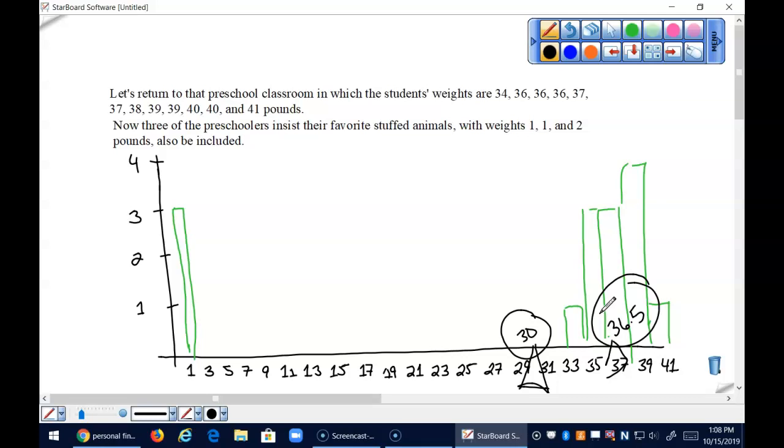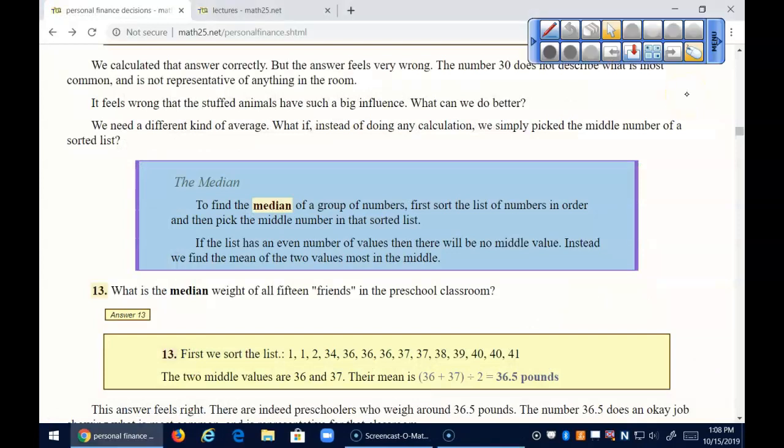What happened? Why does that number work better? It uses real examples, real people. It's not just statistics. You're guaranteed to hit somebody. You're going to actually hit something there. What messed up the 30, the mean? The little ones, right? The stuffed animals. Why didn't the stuffed animals mess up this one? Because they weren't fed. Yeah, we just tossed them out. So that's what the median is.